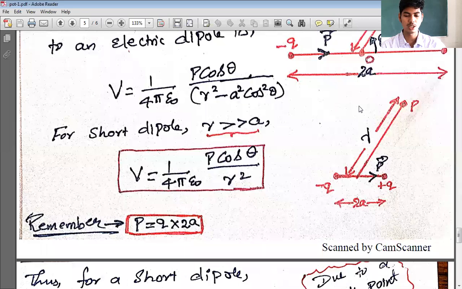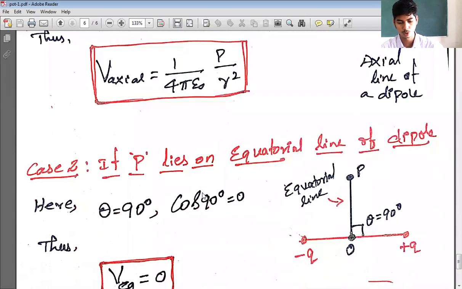If the point lies on the equatorial line of a dipole, what will be the potential? Theta is 90. We know that cos 90 is 0. Zero into anything will be 0. So if point P lies on the equatorial line of a dipole, look here, this is the dipole, minus Q